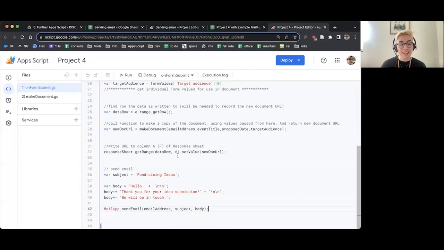I recommend putting the sending email bit at the end of the code once everything else has happened, so that if it breaks, you don't send the email preemptively. That can be useful, but there might be a certain point in the process where an email does need to go out. So that's an example of what it might look like in practice. Happy emailing.